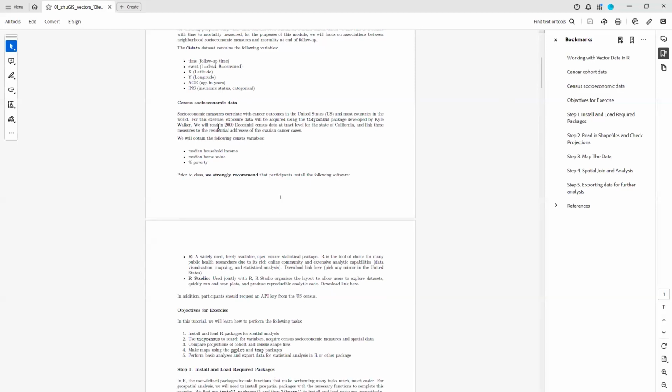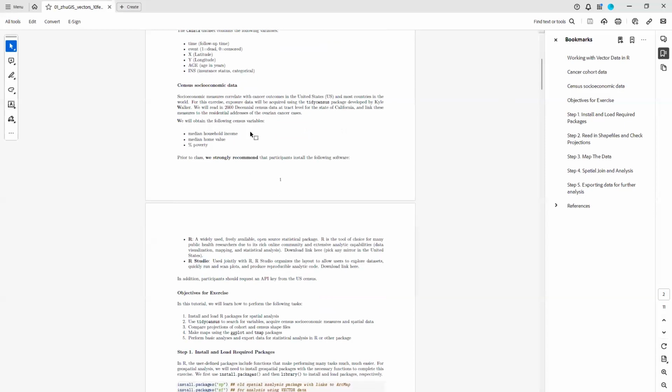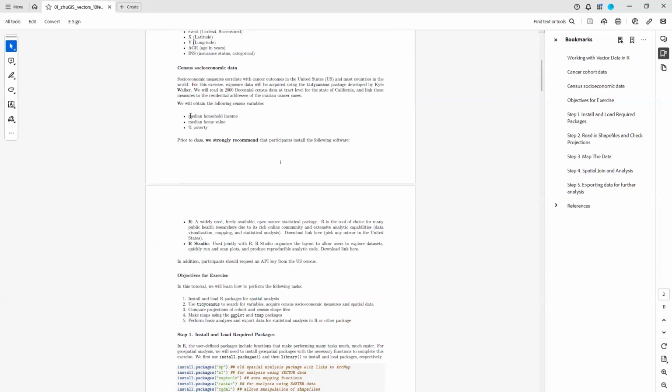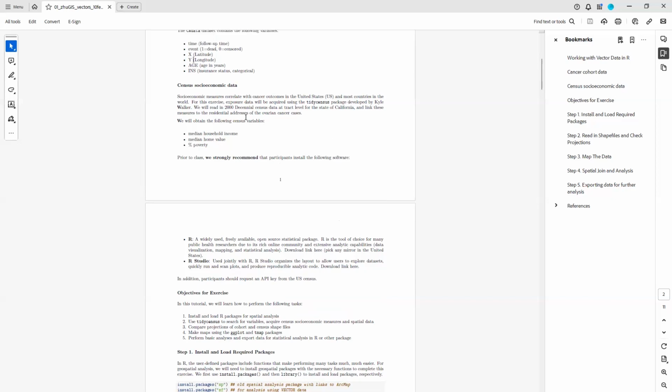For our purposes, we'll be using the 2000 census data at tract level for the state of California. And we're going to be linking these 2000 decennial census data to the residential addresses that are in the simulated ovarian cancer cohort. For our socioeconomic measures for this exercise, we focused on just 3: median household income, median home value, and percent poverty. And we'll show how to pull those data elements and merge them with your epidemiologic